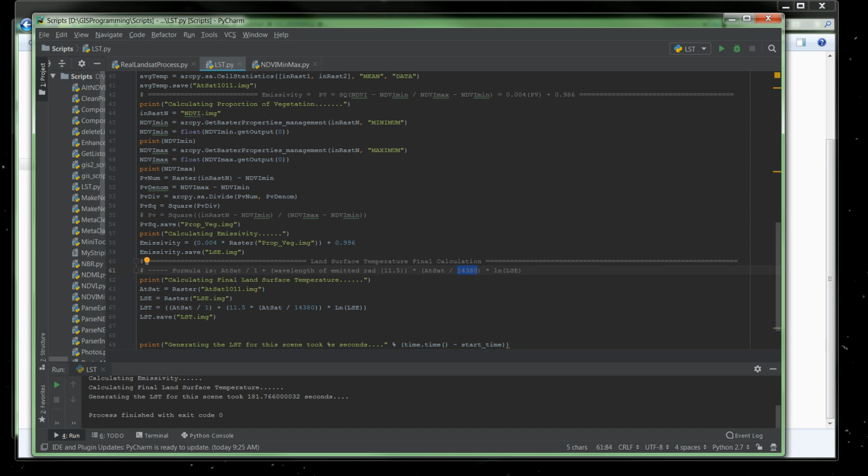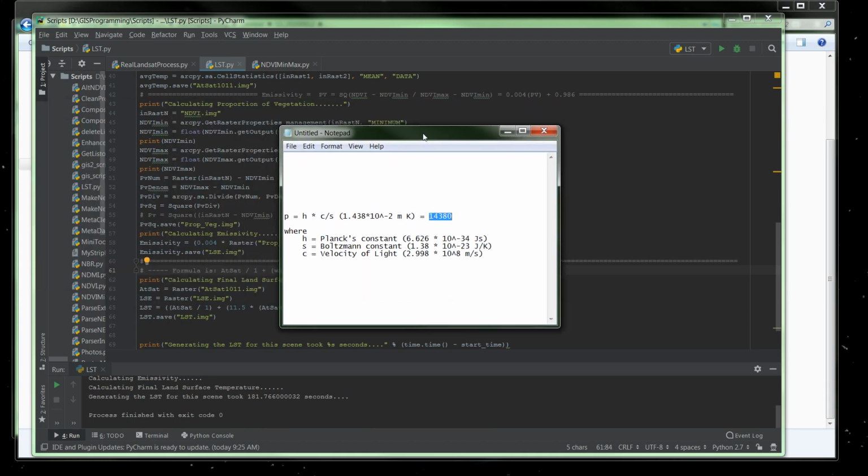14380 is actually taken from this formula here. And that 14380 is actually this P here. And this equals this formula, okay? And this formula is made up of other constants, such as the Planck's constant, which is this number in joules,